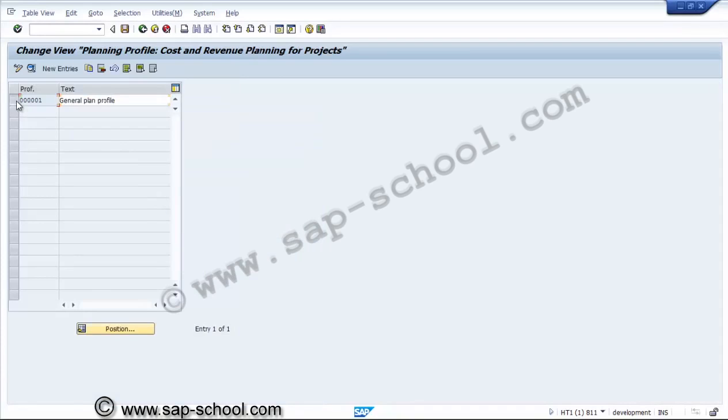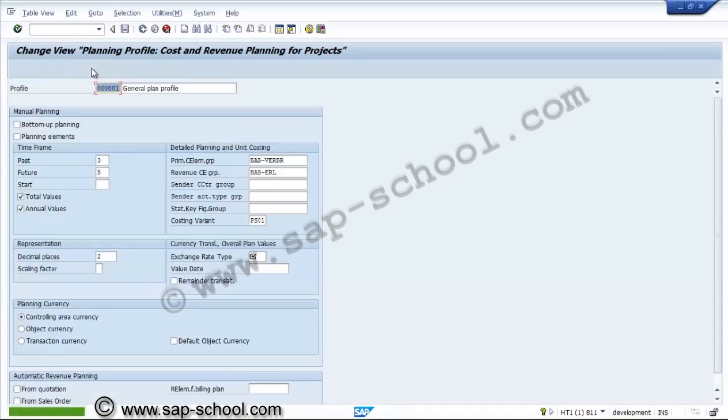Here, it should always start with Z if we are creating a new profile. ZES US1. We are creating it for the controlling area here, so we can say plan profile